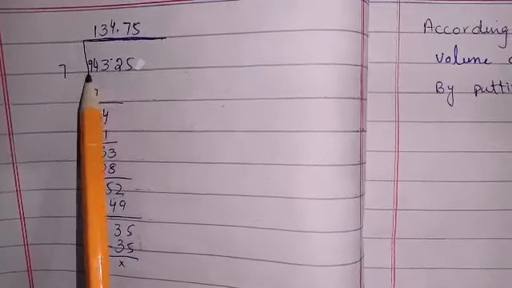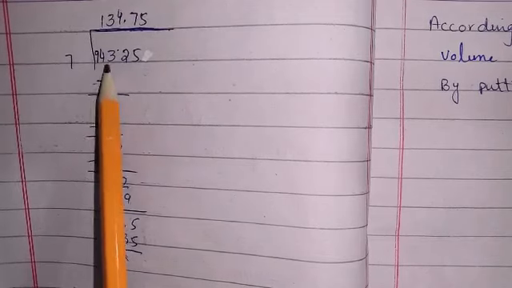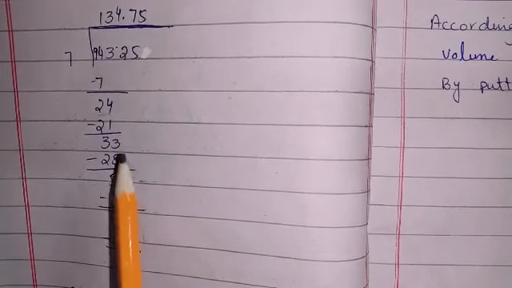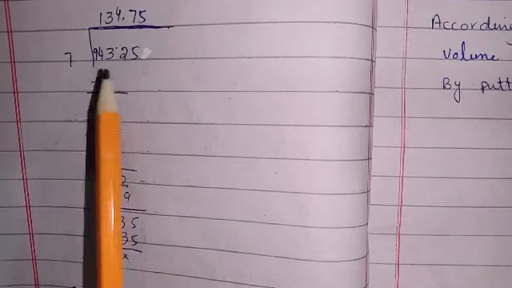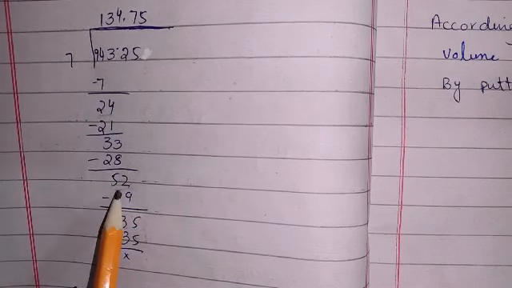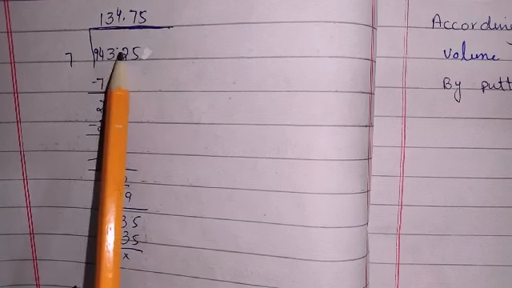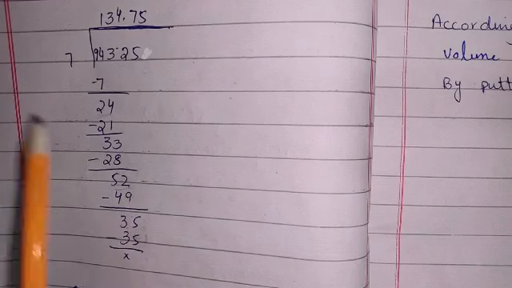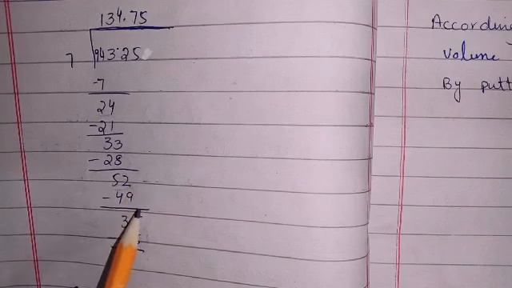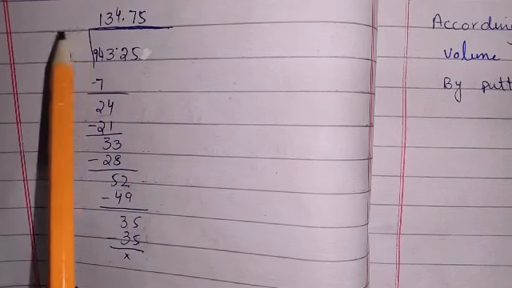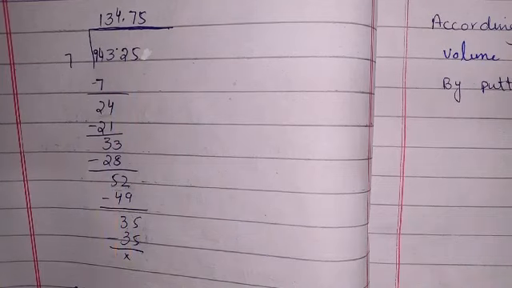When we divide 943.25 by 7, 7 ones are 7. After the subtraction we get 2. We will write 4 with 2. It makes 24. Now 7 threes are 21. After the subtraction we get 3. We will add 3 from the above. It makes 33. Now 7 fours are 28. After the subtraction we get 5 and 2 from the above. We will move the point into the quotient. Now here we have 52. Now 7 sevens are 49. After the subtraction we get 3 and 5 from the above. It makes 35. 7 fives are 35. So after the subtraction there is nothing. So the answer of our question is 134.75 centimeter cube.